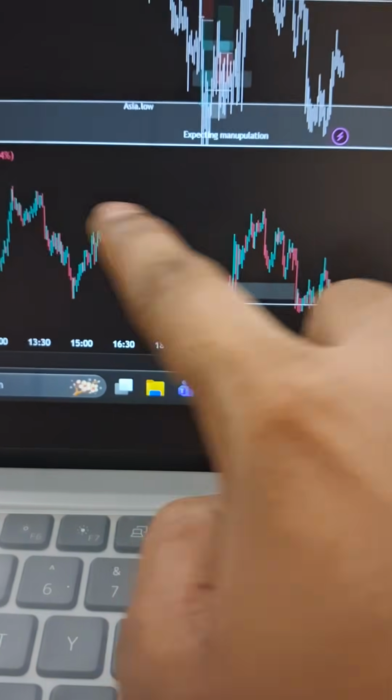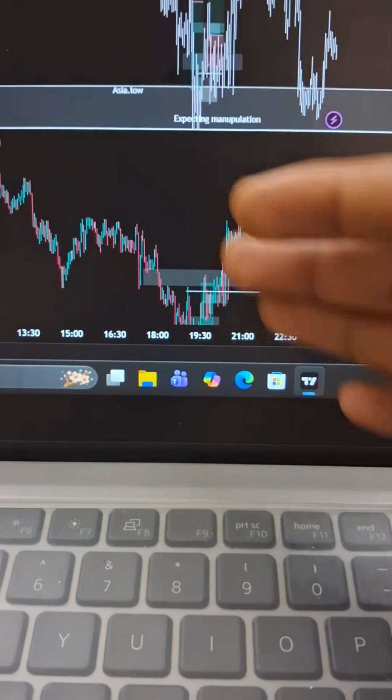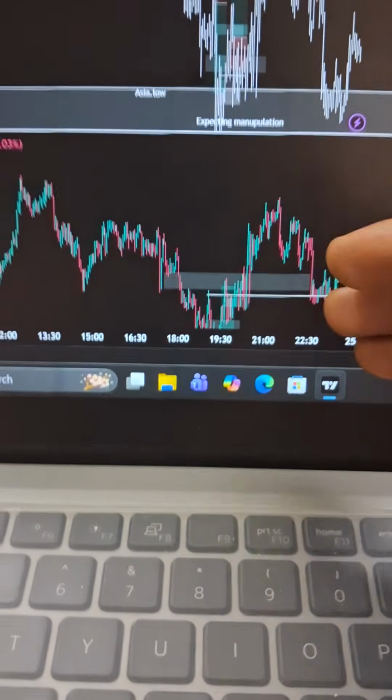You can see there is a point of interest, a liquidity sweep, and here we have another market maker sell model. So observe price